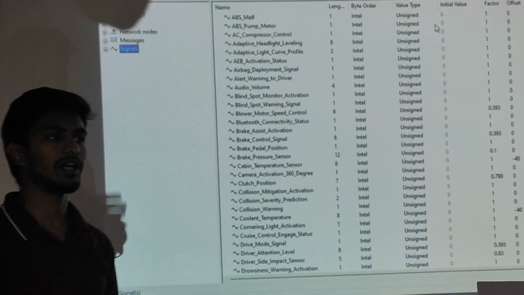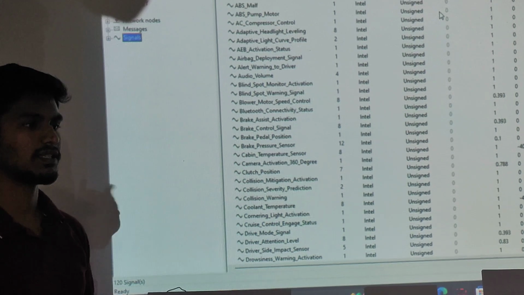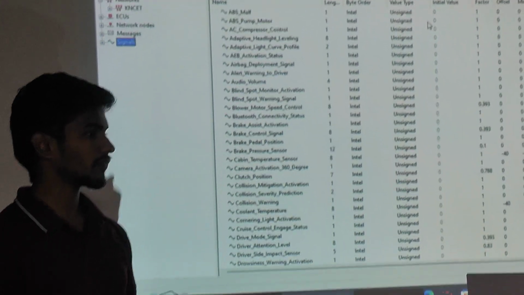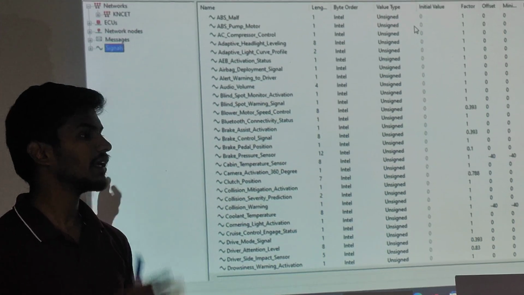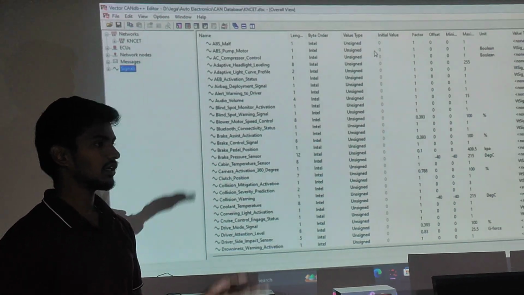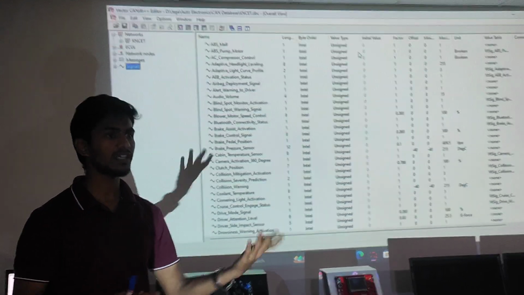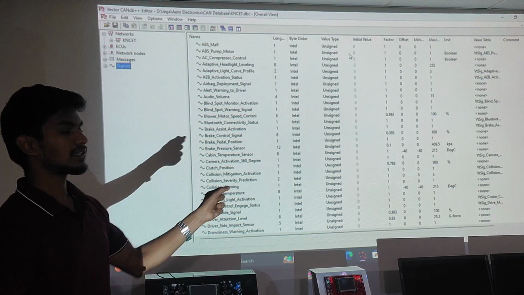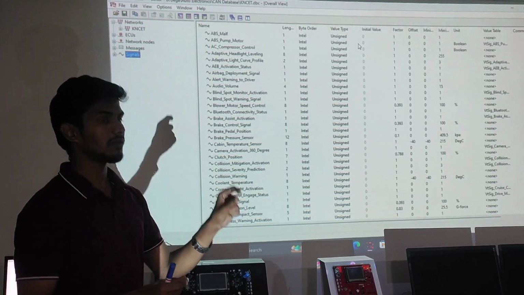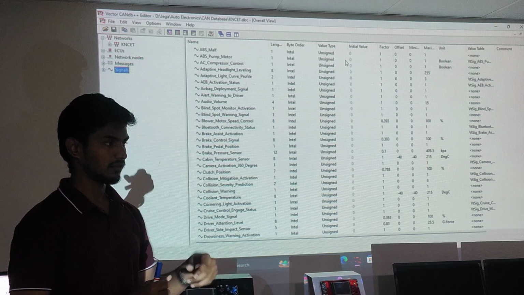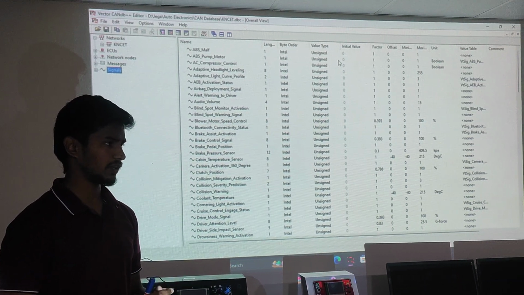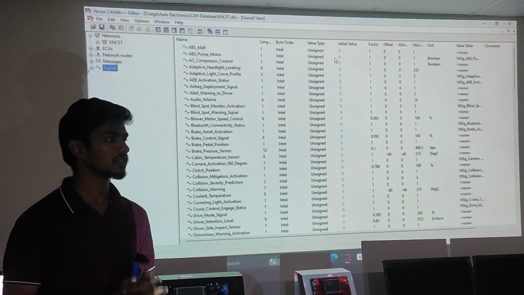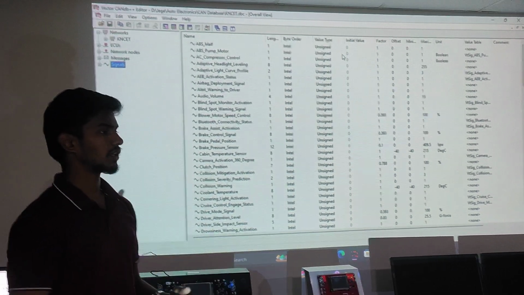So the message names are ABS1, EMS1, TCU1. They mention the 1 because, suppose the TCU needs another message, it is named EMS2, TCU2, EPS2 like that. EMS stands for engine management system, TCU stands for transmission control unit. So these ECU messages are packed with a message identifier. Here we are using an 11-bit identifier. ID numbers 1, 2, 255 up to 2047 we are able to enable as the ID number.